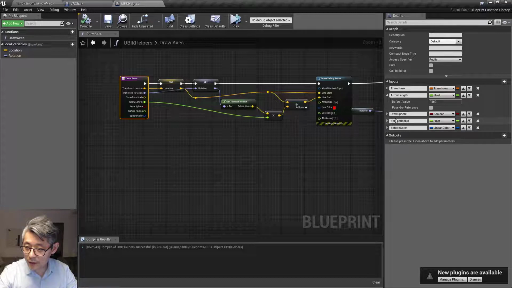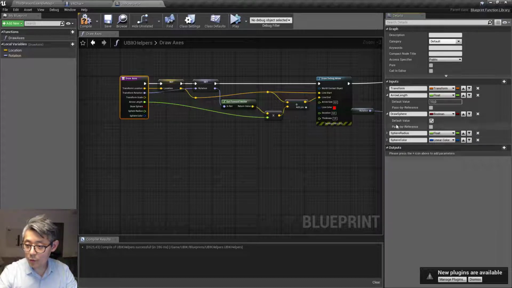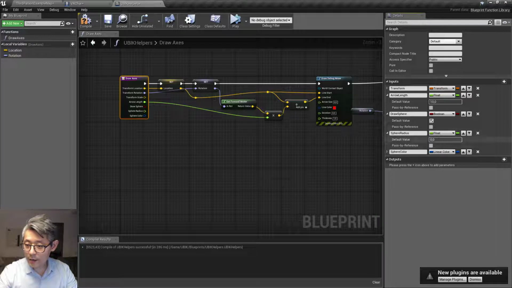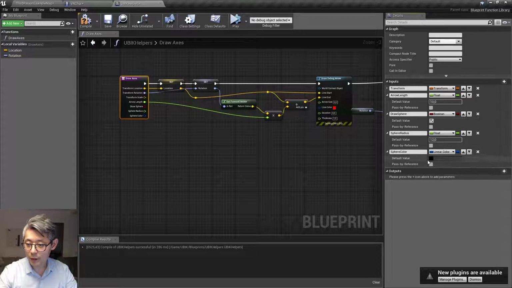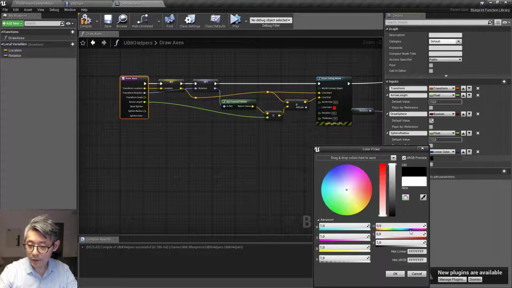Okay, so I'm gonna default this to always draw, and set the sphere radius to, let's say, 12 or something. And the color we're gonna set per default to be white, I think,